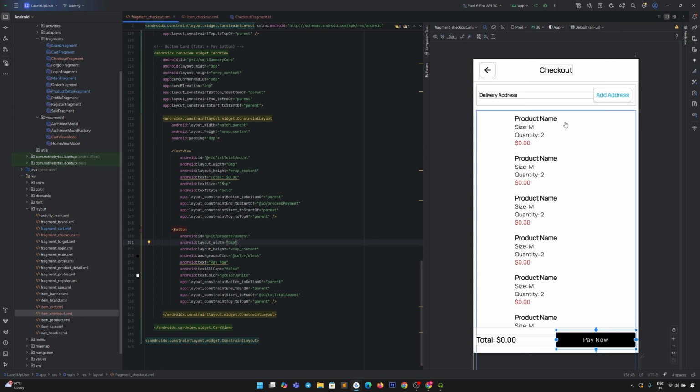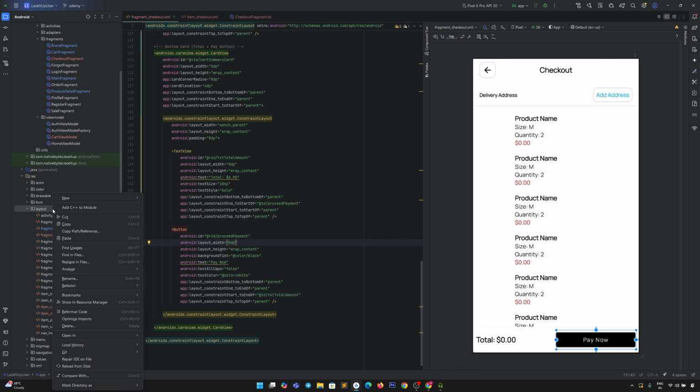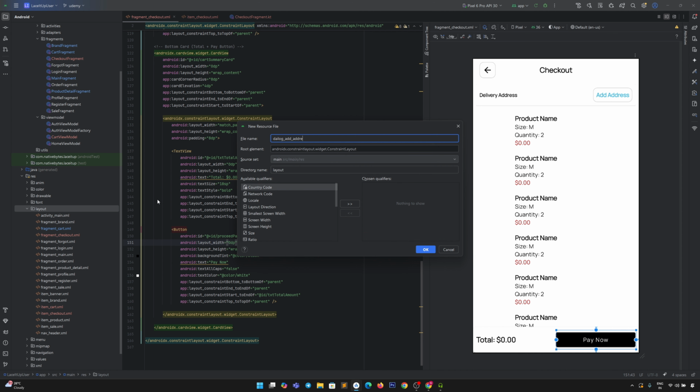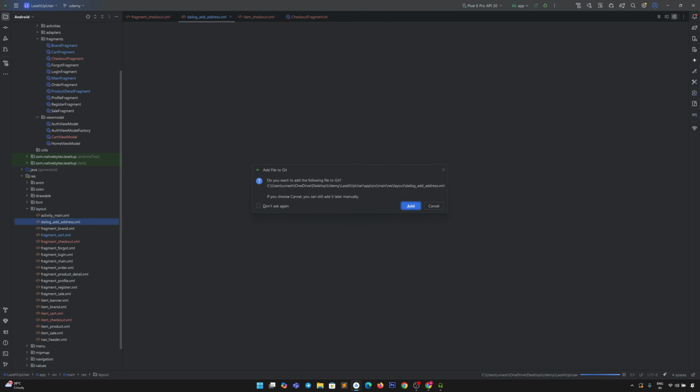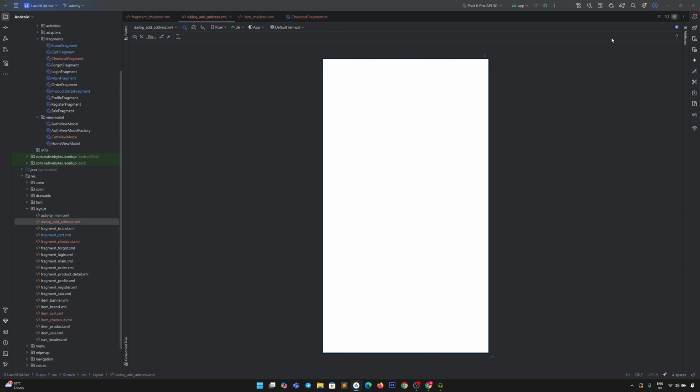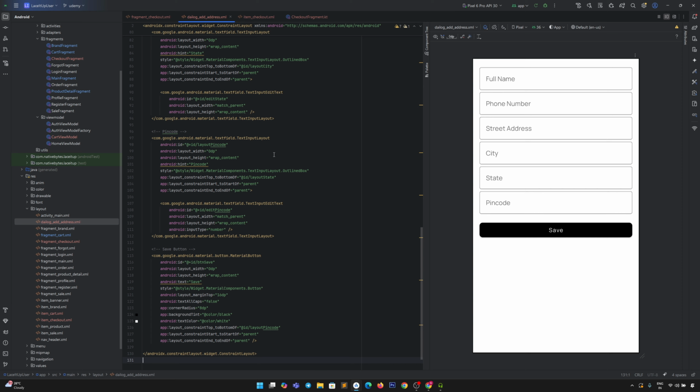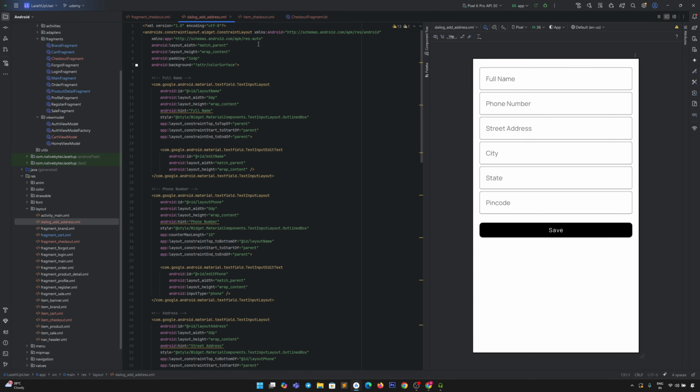right? And for address adding and updating we are using one more layout, that is dialog add address. So for this I will also replace this default logic with our actual logic. So again we are using the constraint layout, and under this constraint layout we are using text input edit text, right?